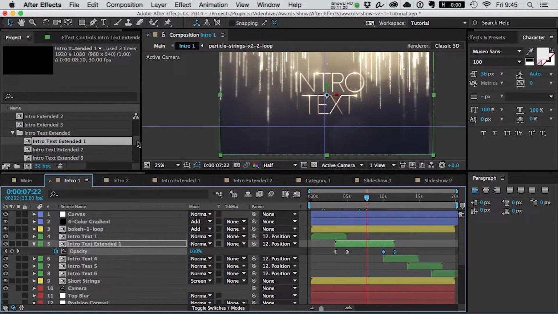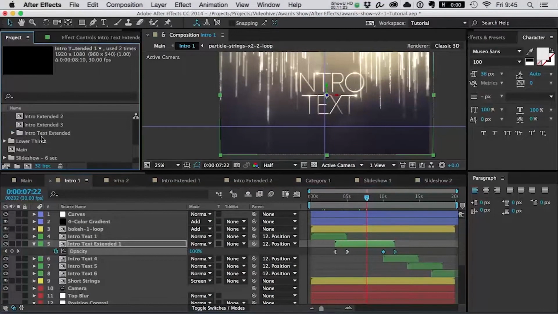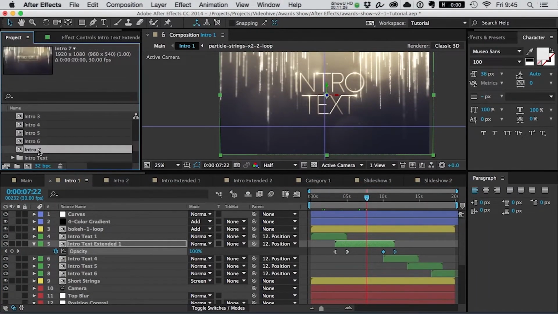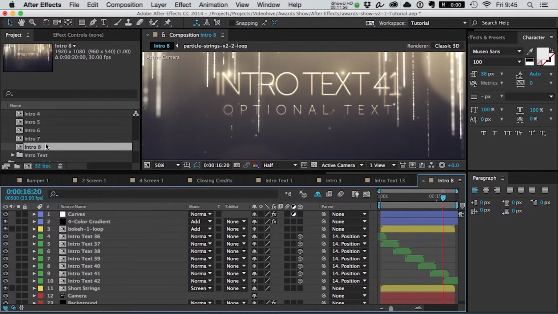Now, a lot of people are going to ask with this, how do I add another intro onto the 7 that we already have set up? Say you want it to go up to 10. You can definitely do that. And this kind of goes for the slideshow as well, and the generic text moments, that if you want to create more modular elements, all you're going to want to do is go to the last setup comp and hit Command D, and that will duplicate it, or edit duplicate, and then double click into there,